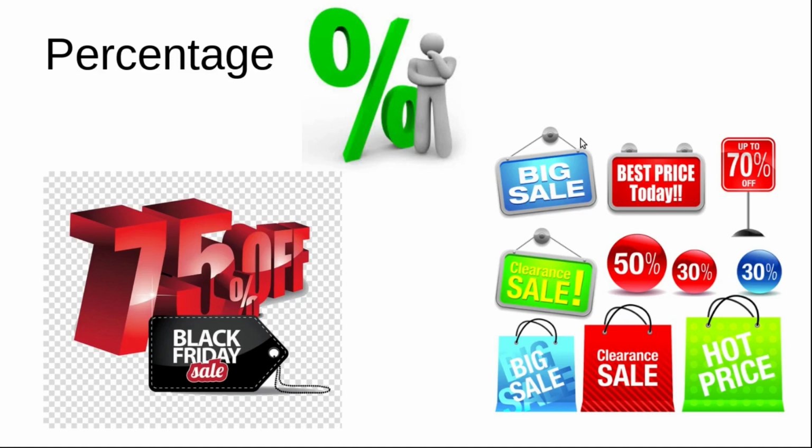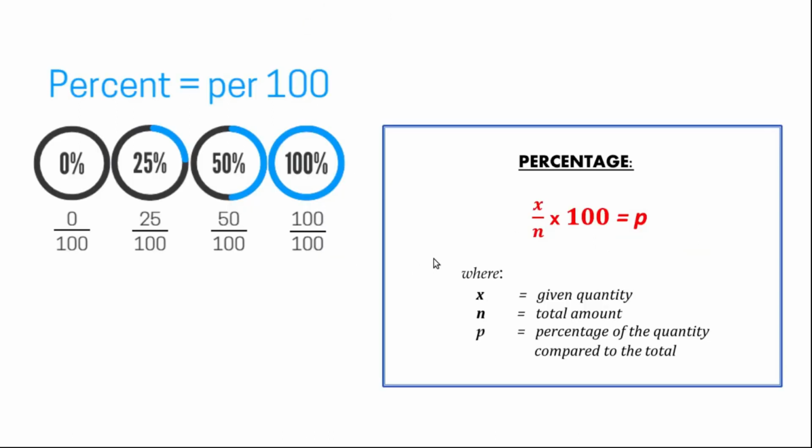You might have seen in shopping malls and grocery stores that on a particular item or a material there is a certain percentage, that is 50%, 70%, up to 30% off will be there. So what exactly is this 50%, 30% or 70%? Let's see what exactly these things mean.